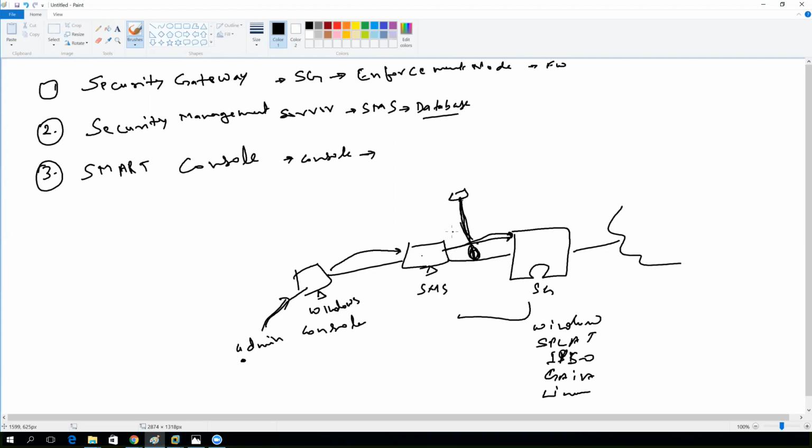Now, how this encryption works and how they are going to communicate with encrypted communication. For that, we used to call this a SIC, secure internal communication. What this SIC says is that